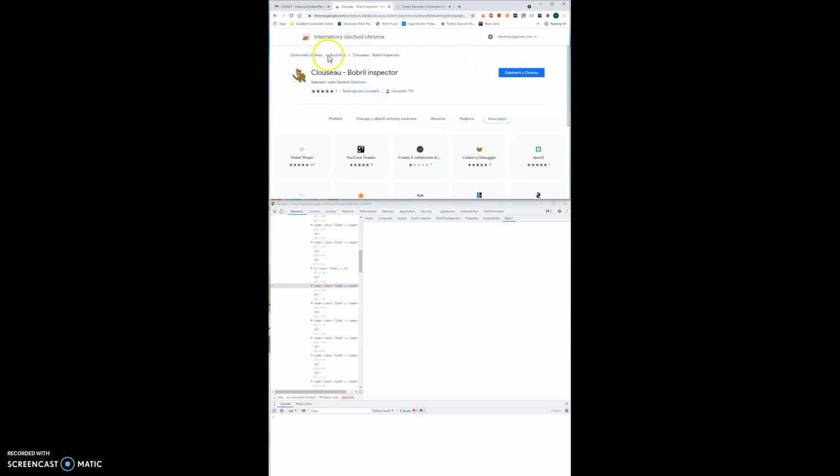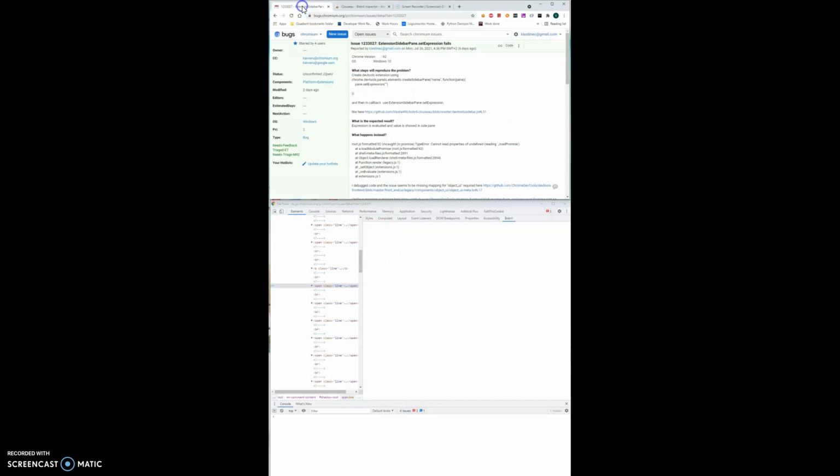Hello, so to reproduce this error, please install this extension, Crusoe, which I'm the author of. It just inspects the DOM. It supports extensions for our custom framework. It should show just the virtual DOM of the element. So if I click here, in the Bobrel pane there should be a visible empty object, because on these pages